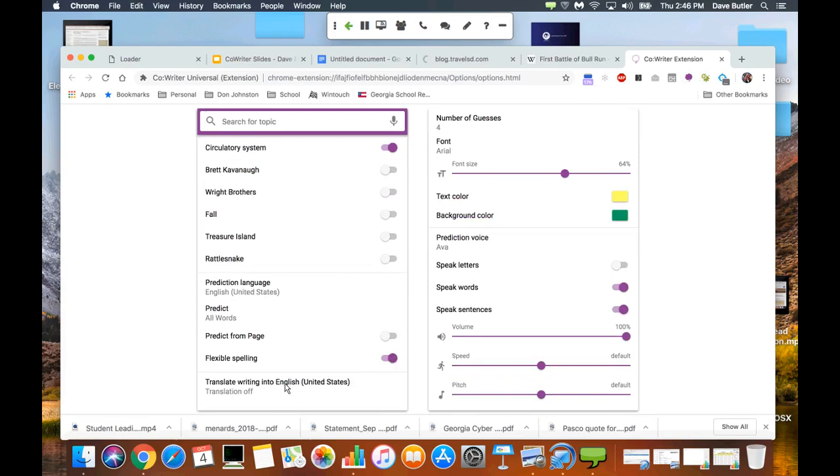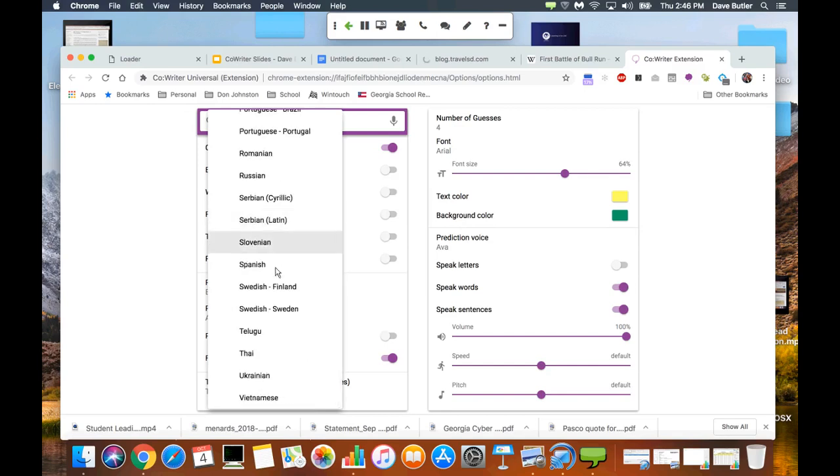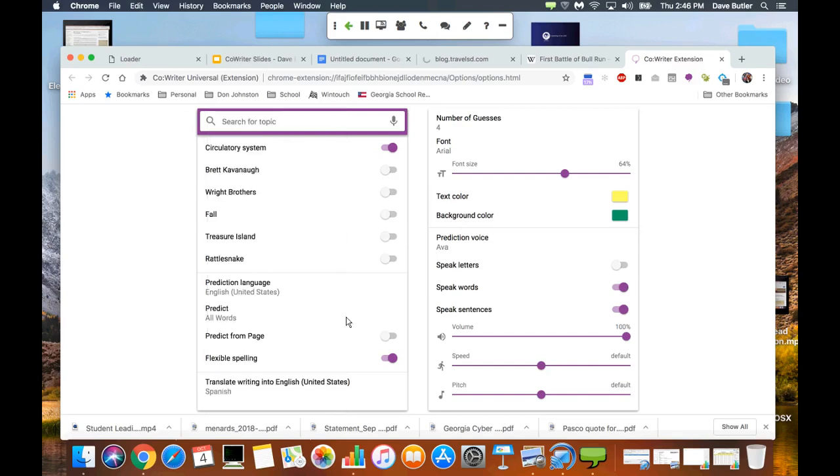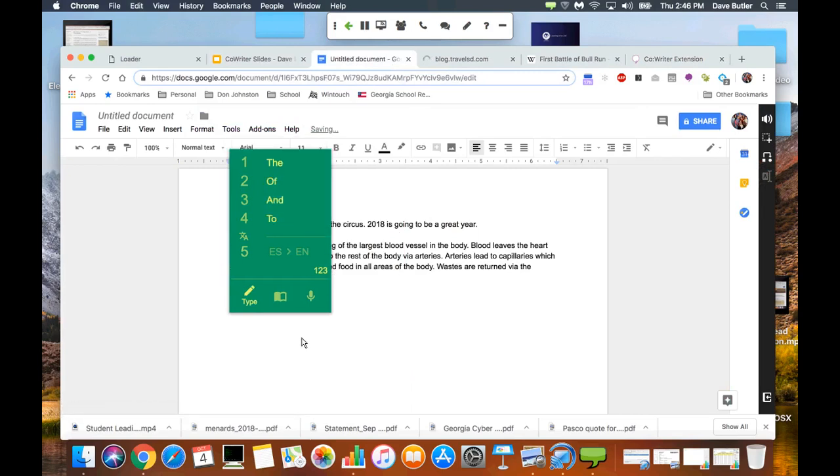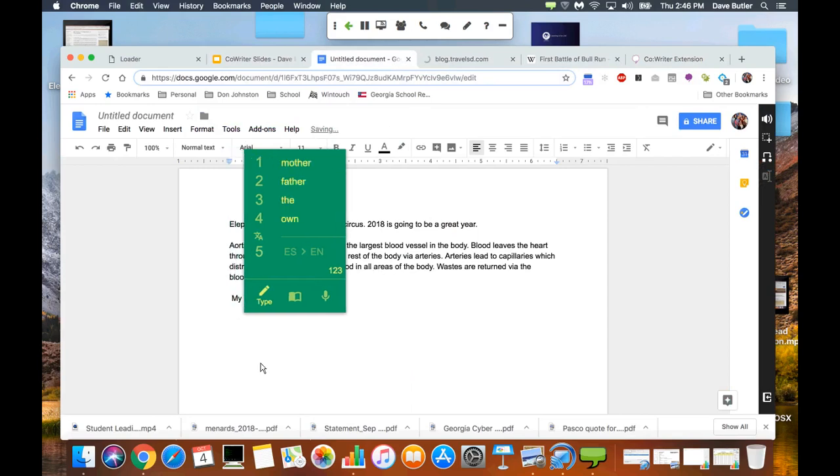But if I tell CoWriter that my primary language is Spanish, what this will do when I come back to, let's go back to our Google Doc here. So if Spanish is my native language and I need to write, so I'm writing along, so I'm talking about how my, and I'm thinking of the word, but I can't think of what that word is, but I know what the word is in my native language. So if I type in